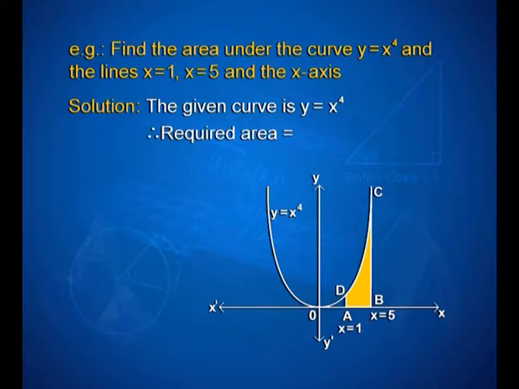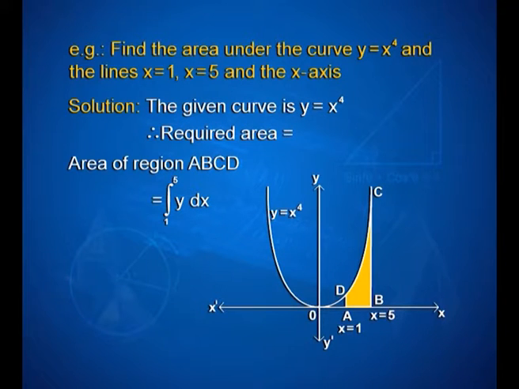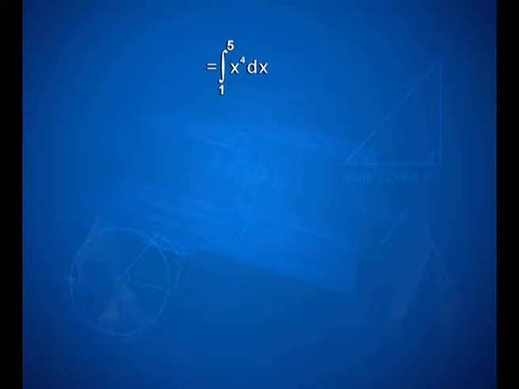Therefore, the required area is equal to the area of the region A, B, C, D, that is equal to integral 1 to 5 y dx, that is equal to integral 1 to 5 x to the power 4 dx,